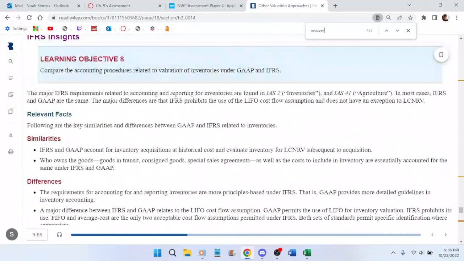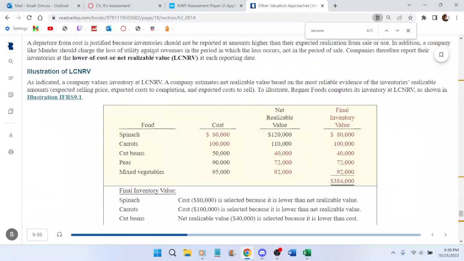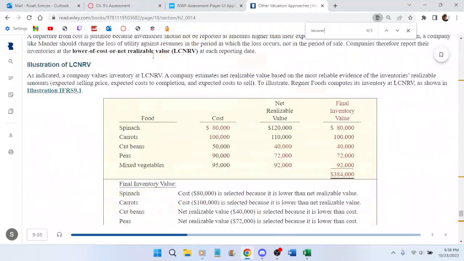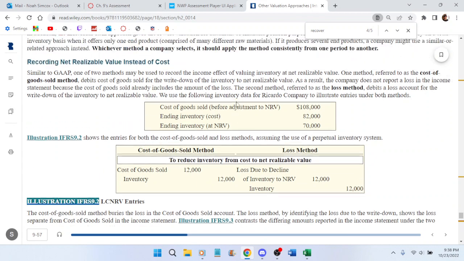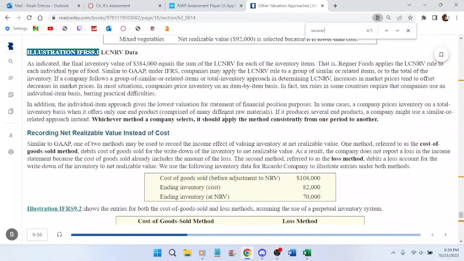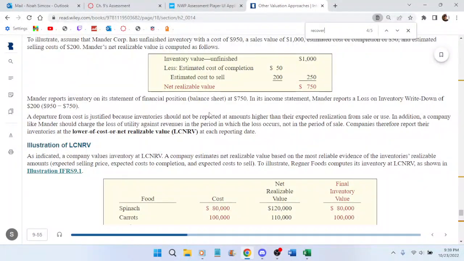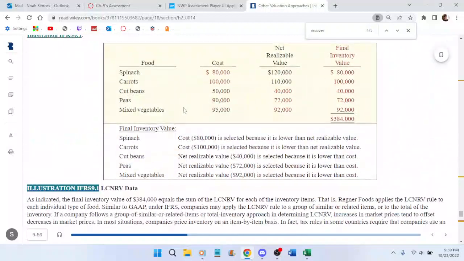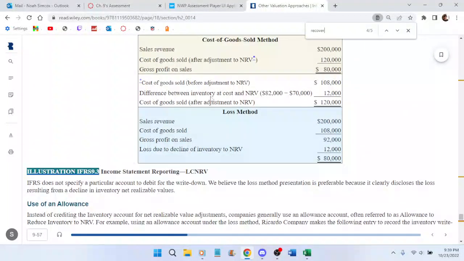Because how was I supposed to know we were supposed to read this thing here? This random thing at the bottom of our chapter. Are you serious? Is this where all the information where I'm lacking is? Maybe it is here. Yes, it is. No way. All of the information I needed to do our assessment was down here in Learning Objective 8. How was I supposed to know that?